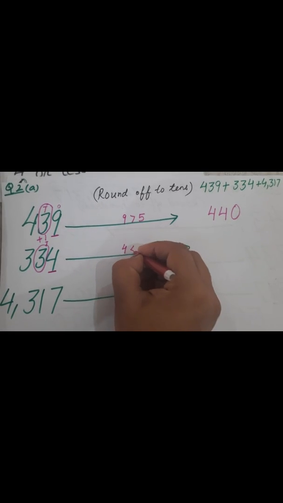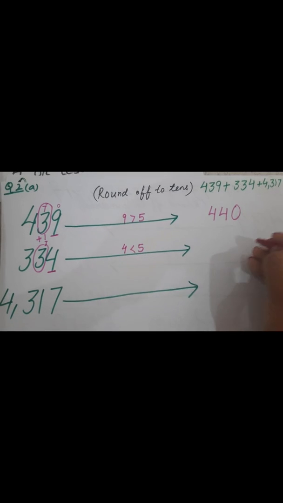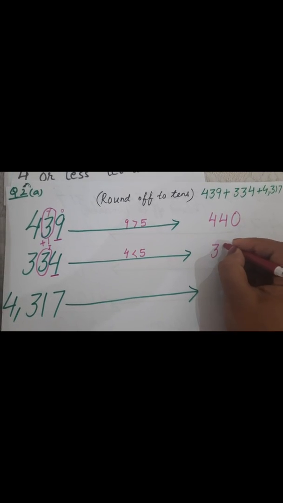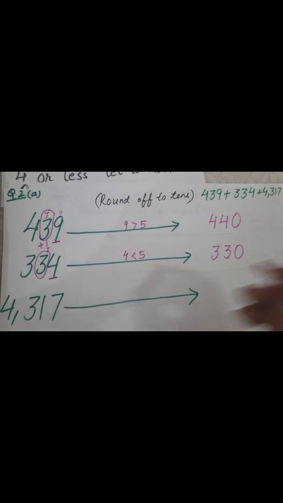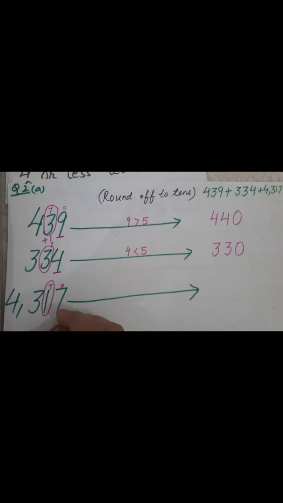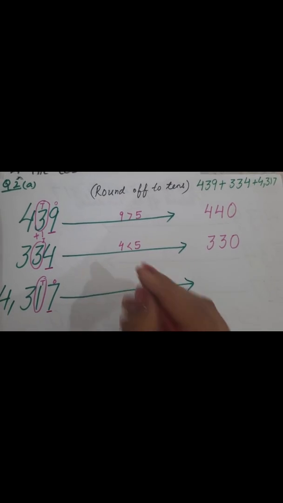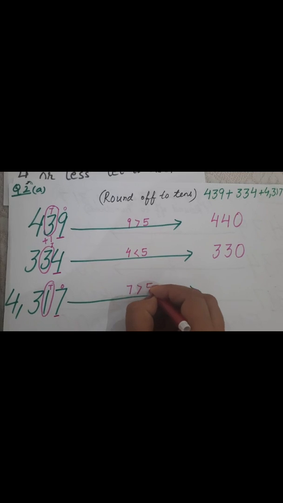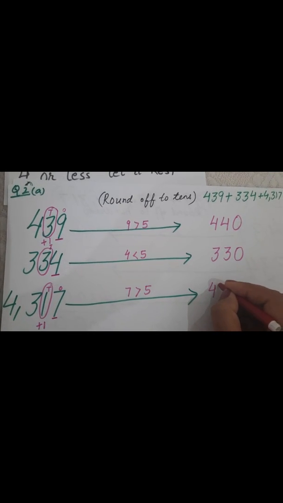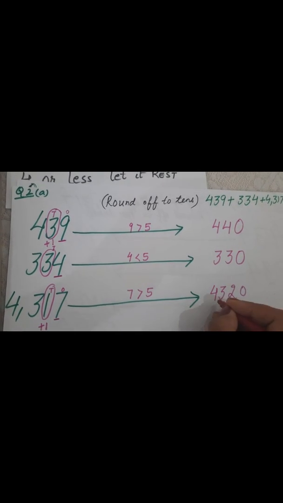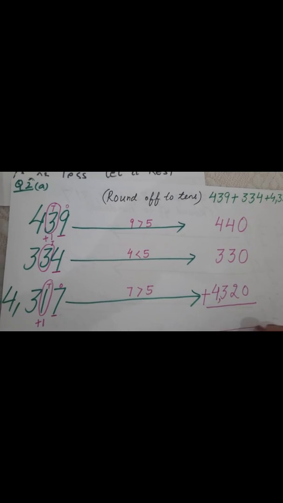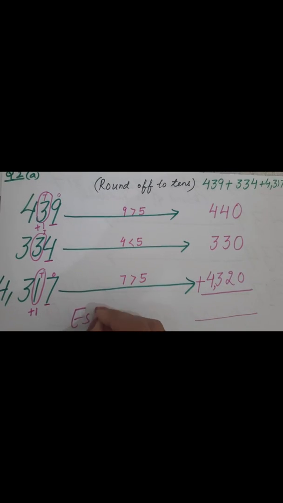Here 4 is less than 5, so the left remains the same, so it equals 330. Now this is the ones place; for the tens place, underline the digit to the right. This 7 is greater than 5, so I will add 1 to this, so it becomes 4320. Now as the sum is of addition, I will write estimated